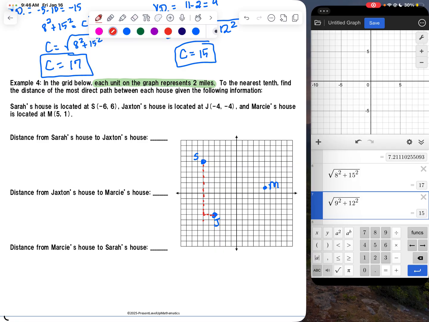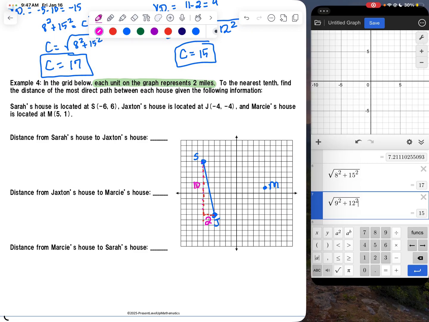All right, so what we're trying to do is find this distance, the distance in blue. Let's get our horizontal distance first. Our horizontal distance is 2 units, and our vertical distance, 1, 2, 3, 4, 5, 6, 7, 8, 9, is